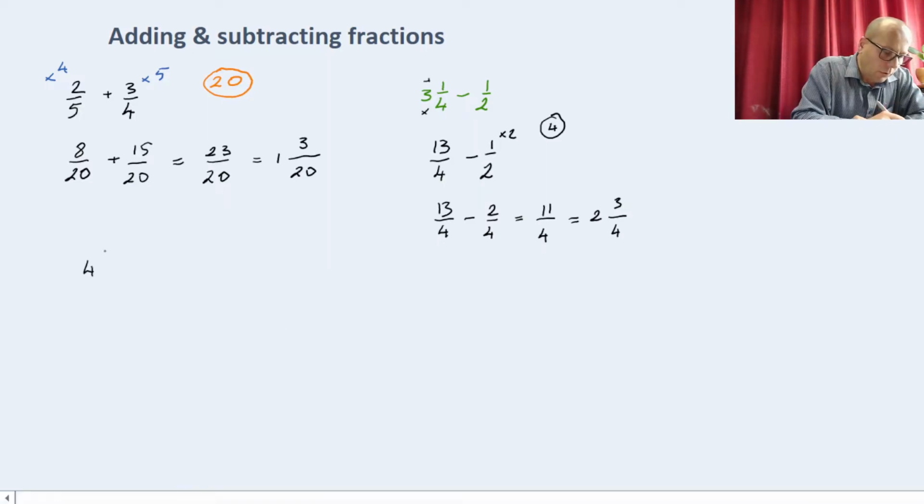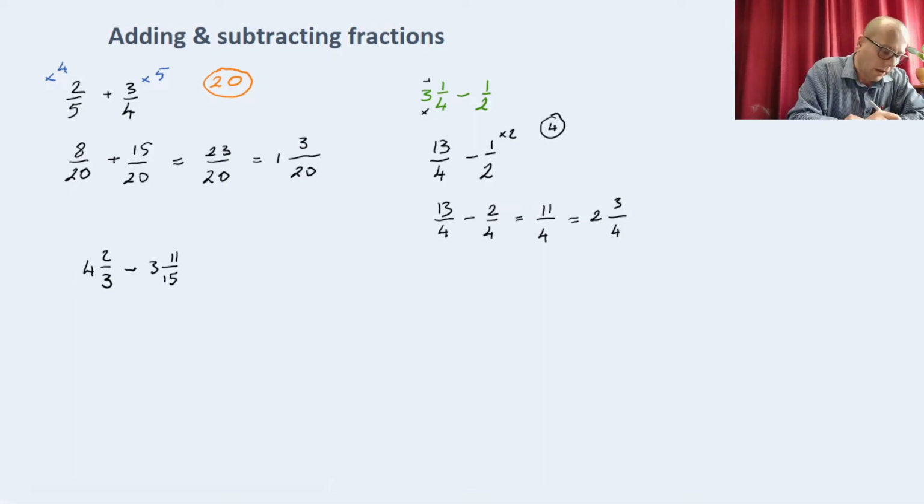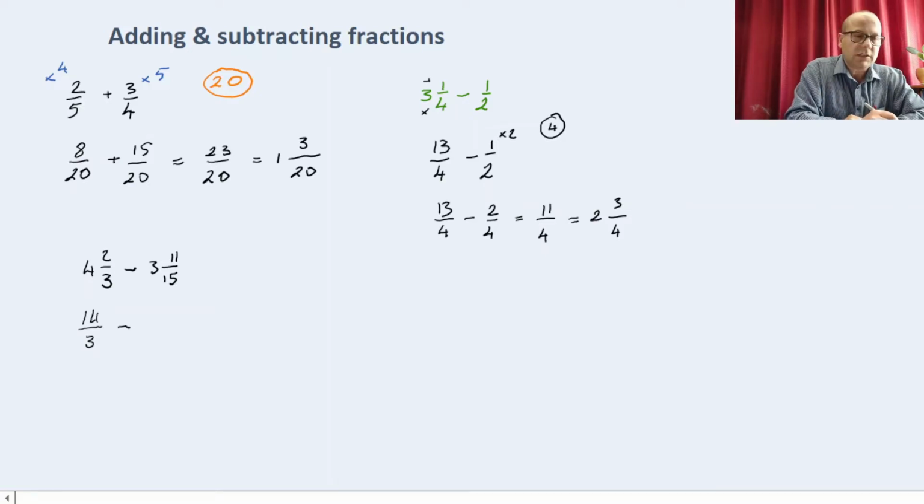Another example with two mixed numbers. So 4 2/3 minus 3 11 over 15. First of all, I need to change both mixed numbers into top heavy. So that's 4 times 3, 12, add 2, 14 over 3, minus 15 times 3, that's 45, add 11, that's 56